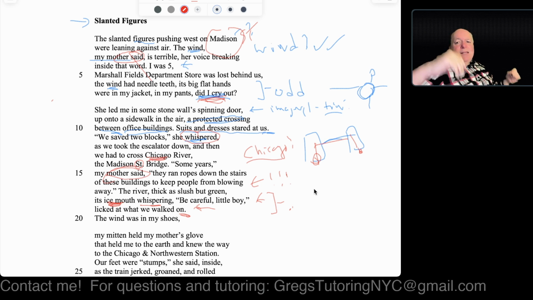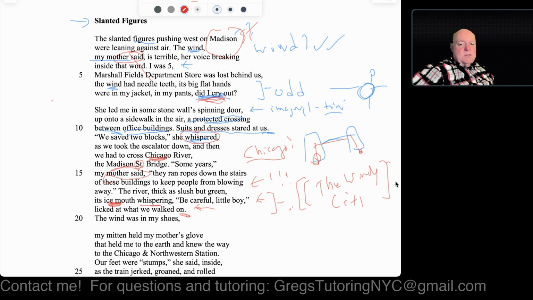So clearly, they seem to be in the center of Chicago. The city proper is what it's normally called. And it's clear that it's a freezing day. And by the way, you're not supposed to use external information. So Chicago is known as the Windy City, just like New York is the Big Apple. If you happen to know that, use that to your advantage. Don't get too gung-ho about it, because you're only supposed to answer questions based on what the author told us. It might turn out the author recharacterizes Chicago in some other way. So don't get too involved with things you know.